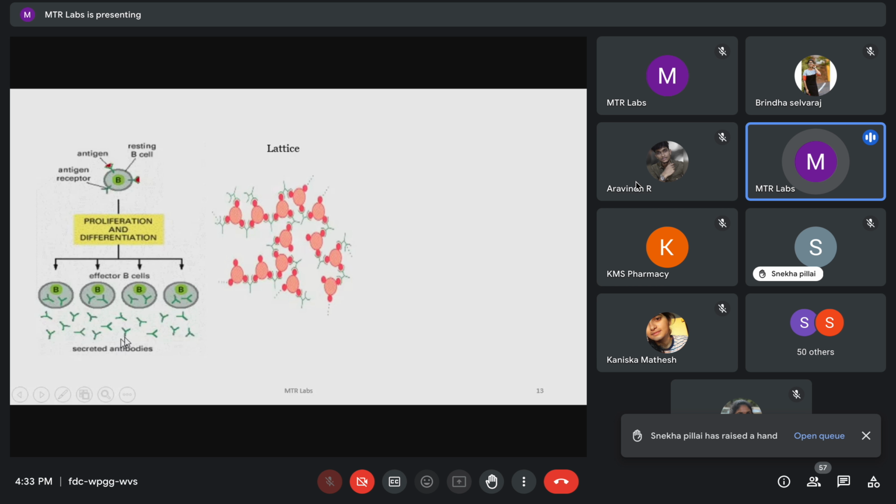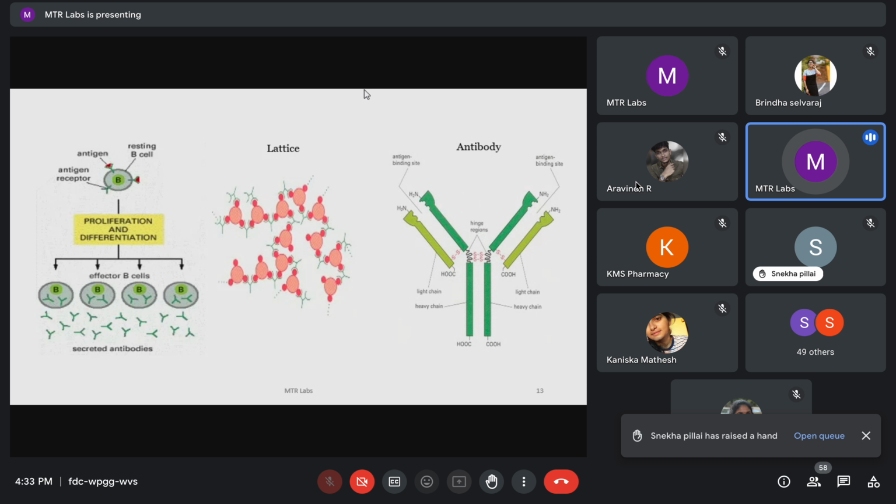These are called bivalent. These can correlate with other antigen determining sites also, so that it pulls up most of the antigens and forms a crosslink called a lattice. Whenever a lattice is formed, this is rapidly phagocytosed and degraded by the macrophages.